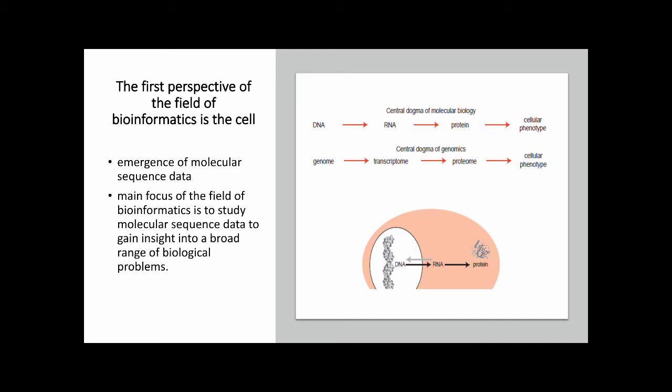Now, we have three perspectives of bioinformatics. So, first, we can use bioinformatics to study the behavior of the cell. So, the cell is the starting point usually of bioinformatics because the data that started bioinformatics, which is the sequence data, is retrieved, of course, from cellular data. So, the emergence of the molecular sequence data, especially when we started to sequence them, the onset of the Sanger sequencing method, and of course, the DNA manipulation techniques. So, we started to get the data, it's more of the sequence data, the genetic sequence data, and then we also have the protein sequence data.